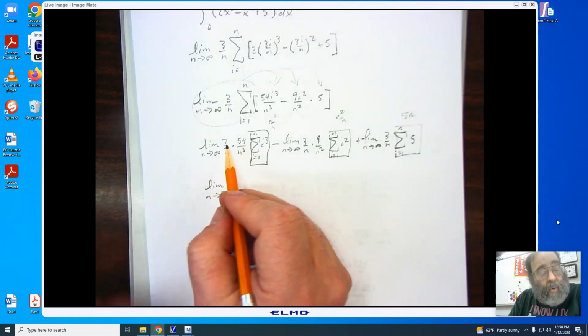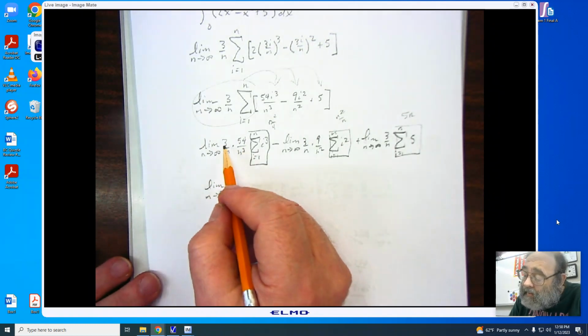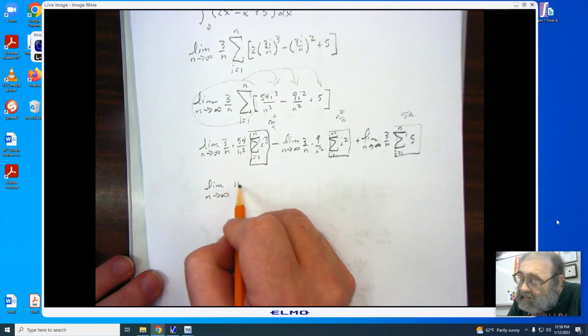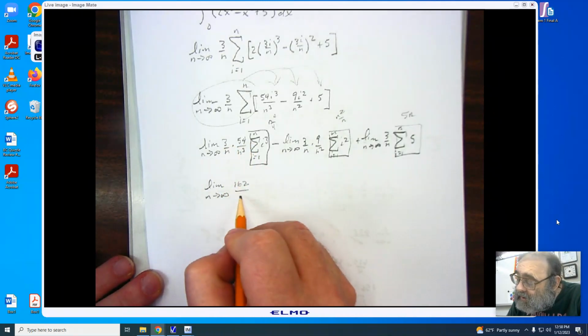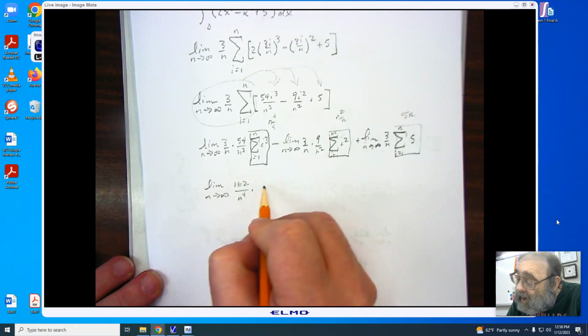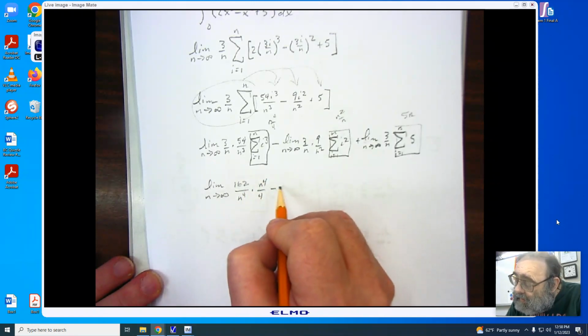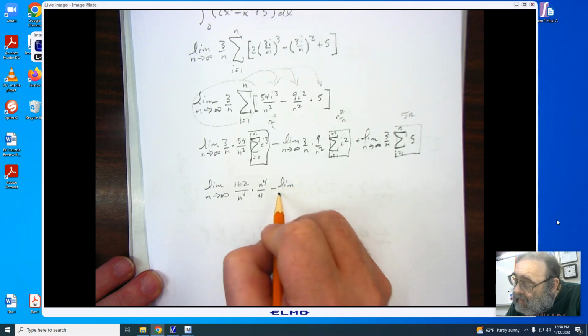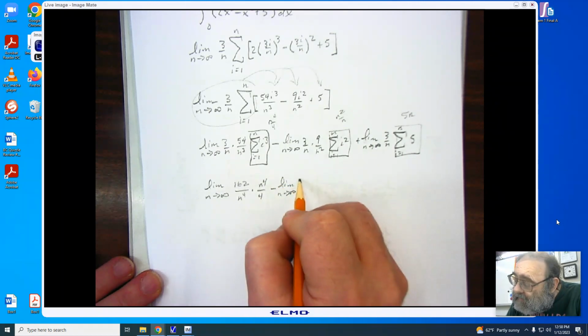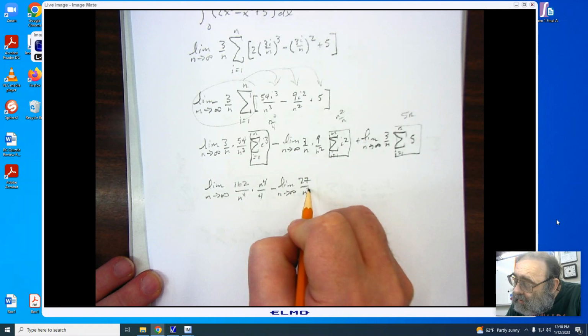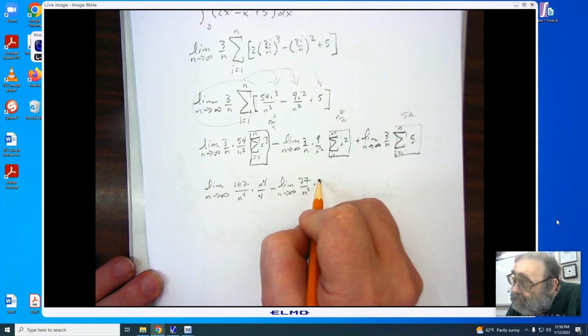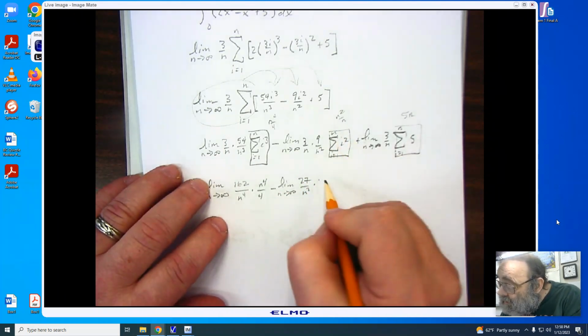Now you'll notice I am going to want to multiply this out, and 3 times 54 is 162. It is over n to the 4th times n to the 4th over 4 minus the limit as n approaches infinity. I have 27 over n cubed multiplied by the n cubed